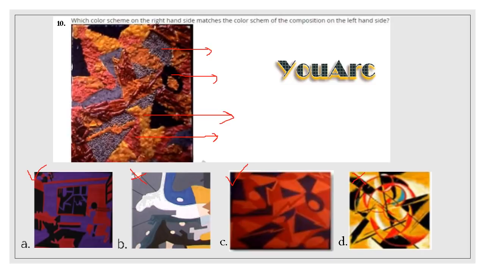So let's check the color. See, we can see this purple here, red here, and black here. Even here we can see three different colors: this dark purple and black here, red and light orange here. So I think this particular figure is more matching with option C. So the answer is option C.